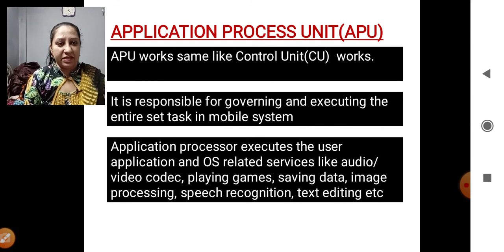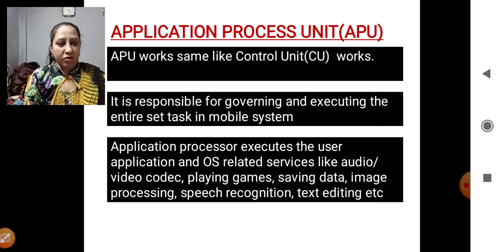In the same way, the application processing unit does the same function. Once the input comes from the user, it decides which application it has to be given to. If the user is trying to play audio, it will be given to the Windows Media Player. In the same way, if the user is trying to save a file, it will be given to the memory unit.